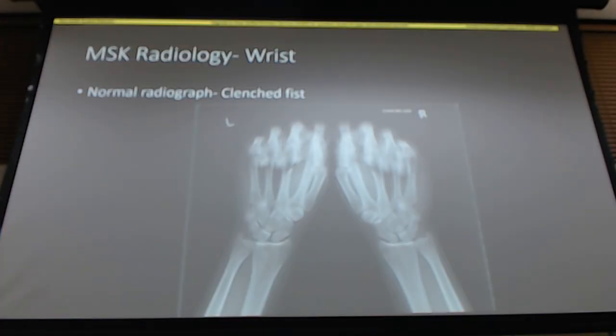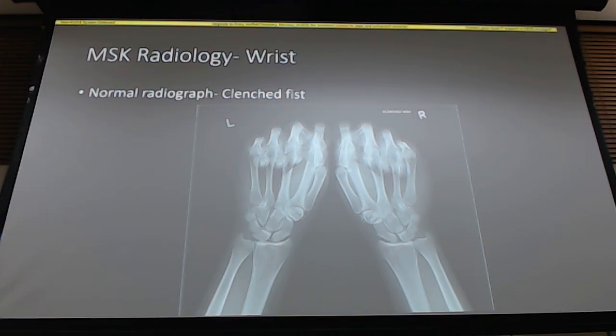Okay? Good to go? Clenched fist view. When did we get clenched fist views? Did you guys learn this? Yes, scaphoid. So let's use our terminology. You would agree this is the scaphoid, right? Scaphoid, lunate, right? So when you clench, and you have both wrists on one plate, that's what you're looking at there, one x-ray